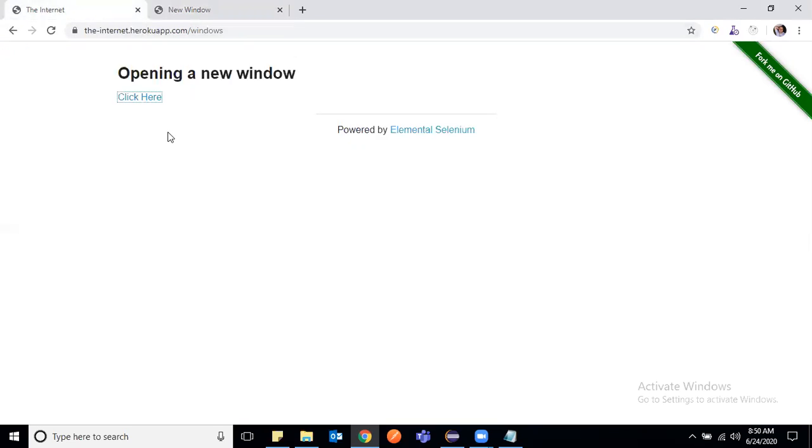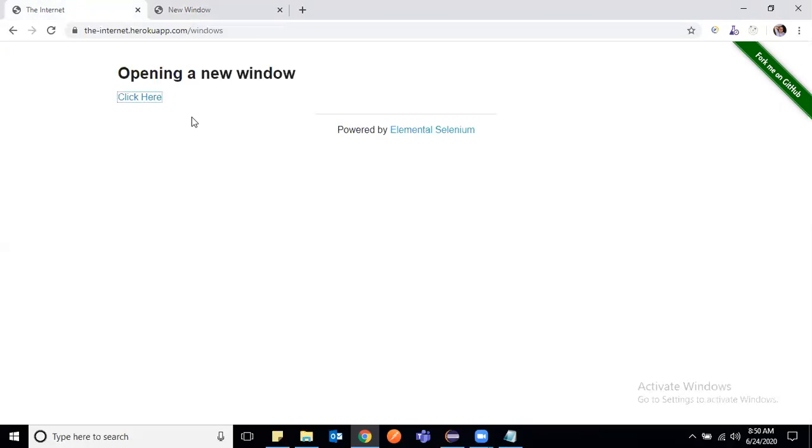There is a concept of focus, like we saw in the case of iframe, where we have to switch the focus from normal elements to the iframe. In the same way, we have to switch our focus from the parent window to the child window. Then you may get some information from it, close it, and continue with the parent window.